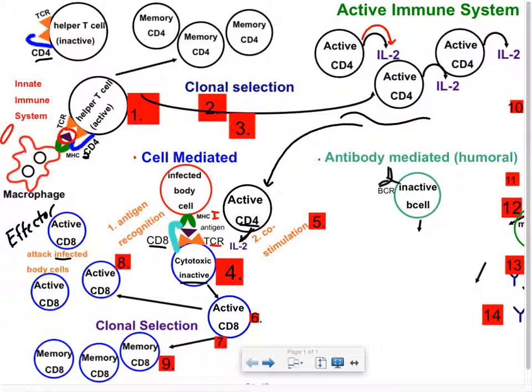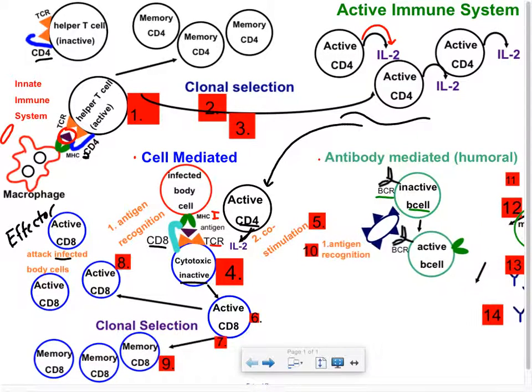Over to antibody-mediated. Notice we have B cells over here instead of T cells. This one is inactive. It also has a receptor. This receptor is called a B cell receptor. How does it get activated? It's a little unique that